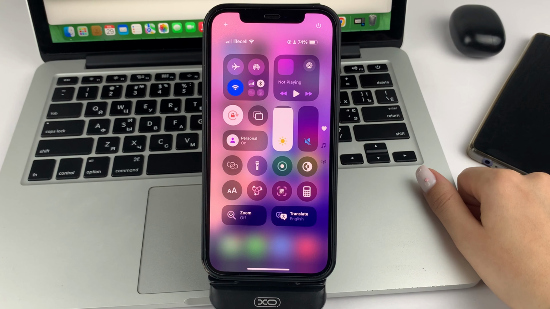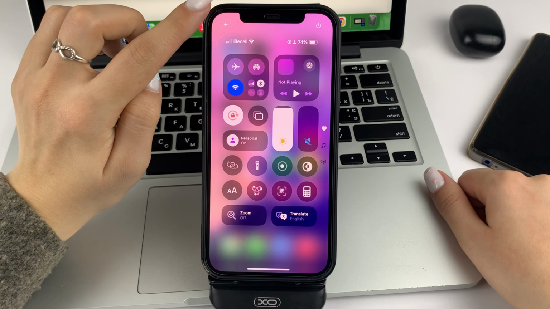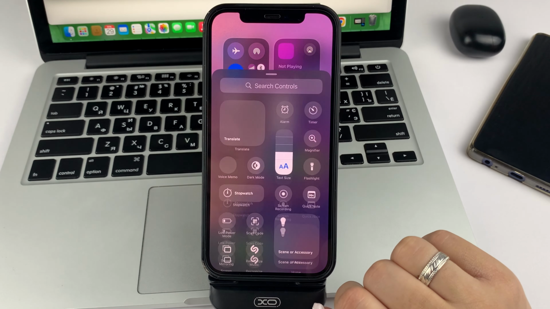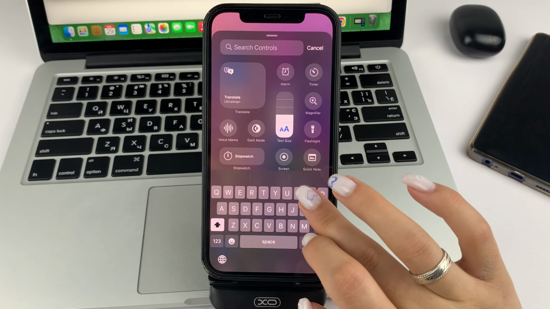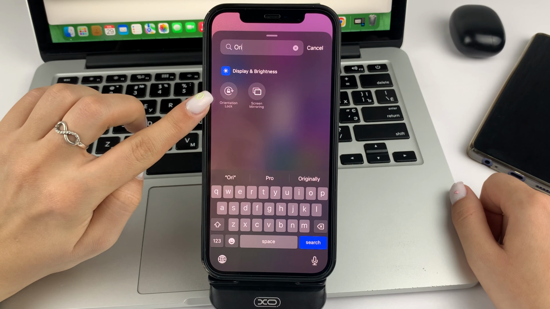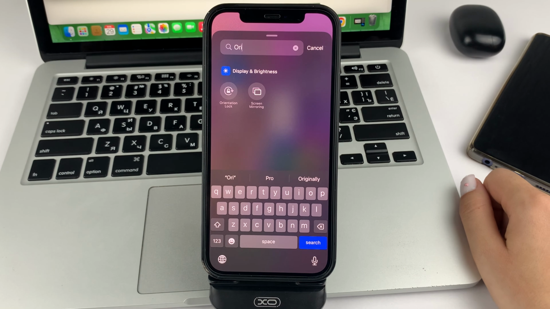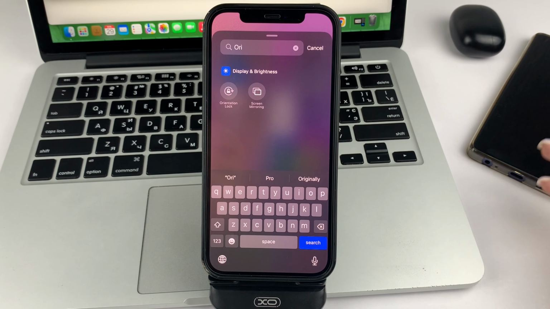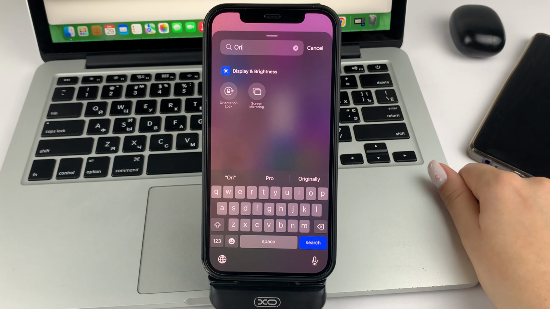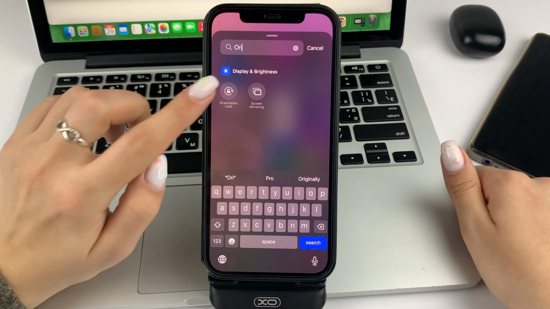If you don't see this option in your control center, then tap the plus sign on the top left. Add. And you should be able to find the screen rotation option. There are times when this option is enabled on your phone, but you may have accidentally deleted it or some glitch occurred, and this option was removed. When you find it, you'll need to tap it to add it.